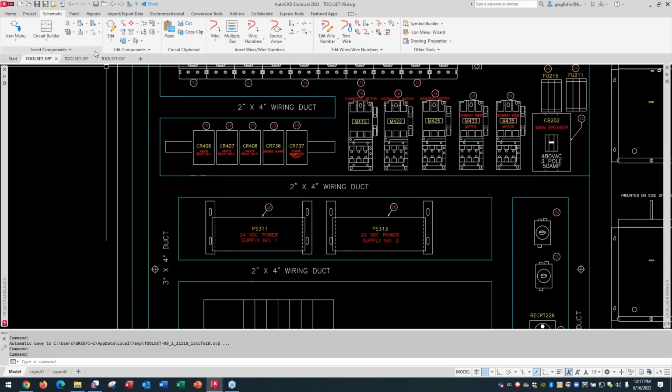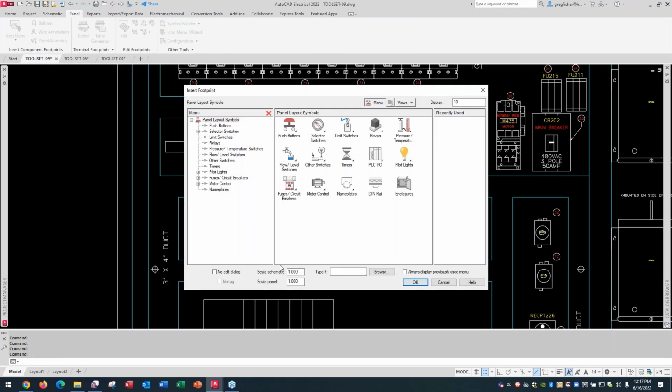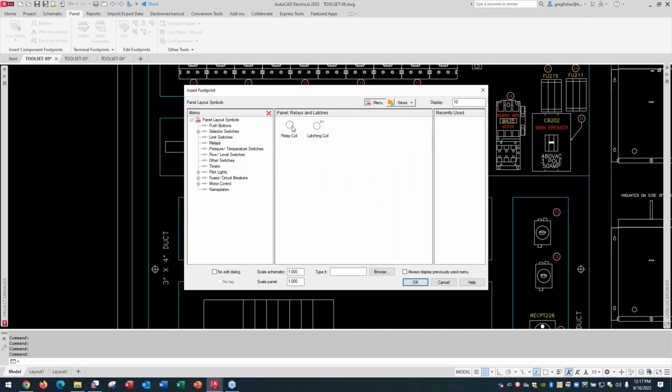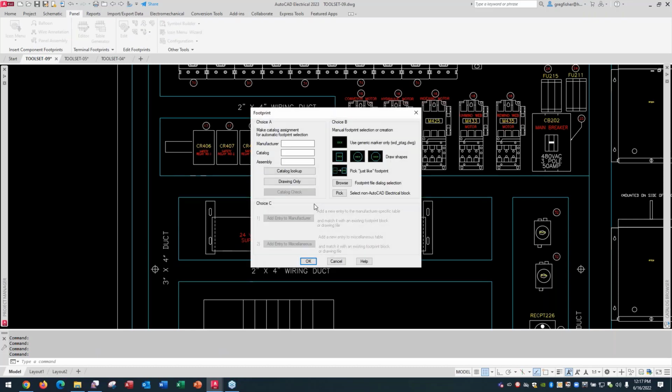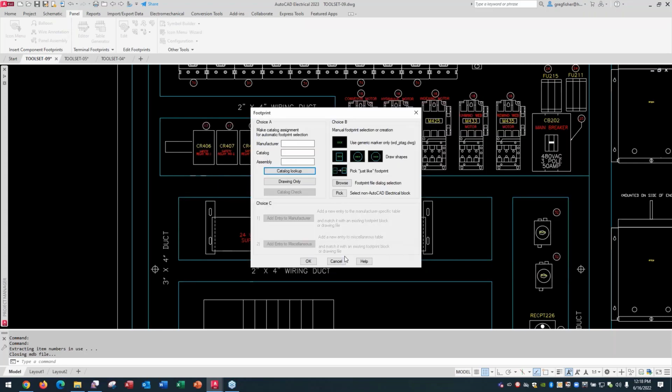So I'm going to go to my panel tab up top, and I'll go to the icon menu for the panel, and I'm going to go to the relays, and you actually insert your footprint symbols via the catalog number. So if I go catalog lookup right here, this is one way that I could insert a footprint symbol. Usually you would use this method if you were inserting the footprint symbol before the schematic symbol. I'm going to go back,